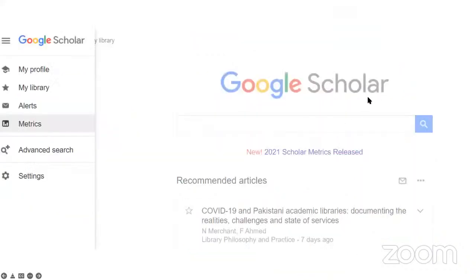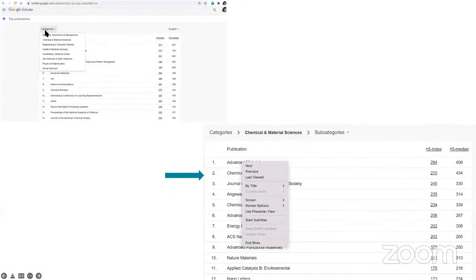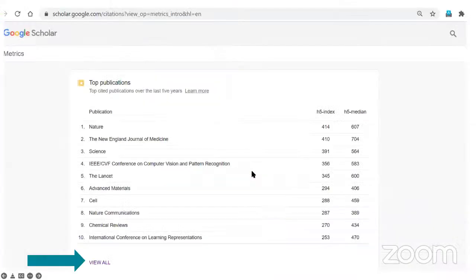So how will Google Scholar tell you? You just have to go to Google Scholar metrics. In metrics, you will be able to see categories and the publications. These are the screenshots I had captured.